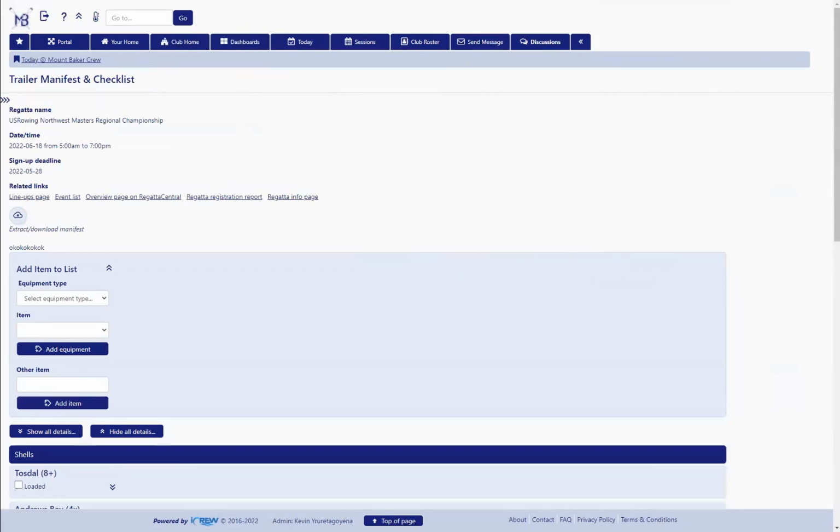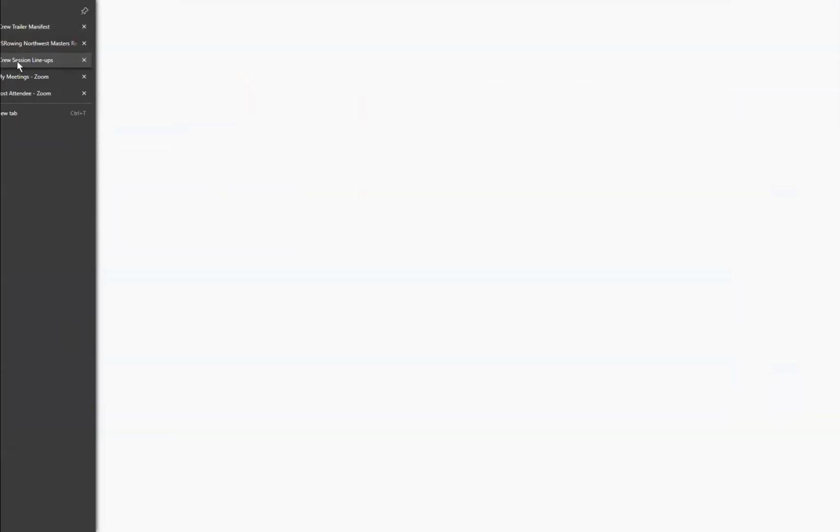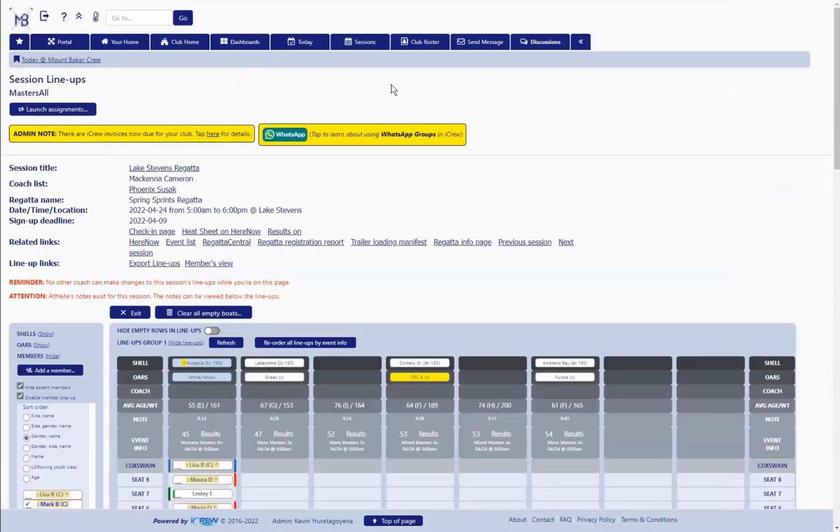All right, let me pop over to a regatta we went to last month, Lake Stevens. So I'll just show you the export lineups feature. So this was just a single day regatta, but this export lineups feature can be handy for folks that want to print out the lineups using something like an Excel spreadsheet. There are some requirements here. You do have to have event numbers filled in and a boat assigned to your lineups for this export lineups to work